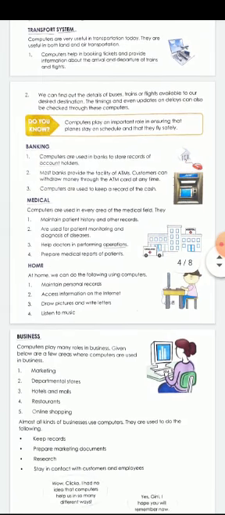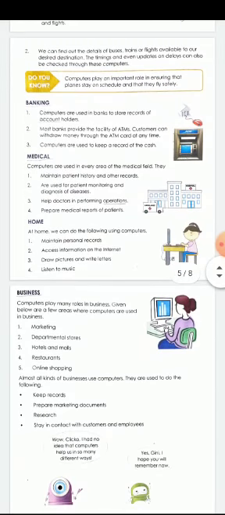In banking, it stores the details of the account holders. It provides us the ATM facility. It provides the cash details. For all these things, the banking sector uses computers. In the medical field, it is used to store the details of patients and to monitor the health condition of the patients, and it helps doctors in making operations.